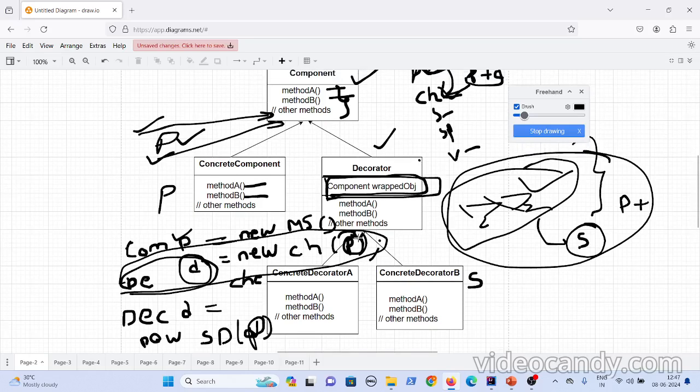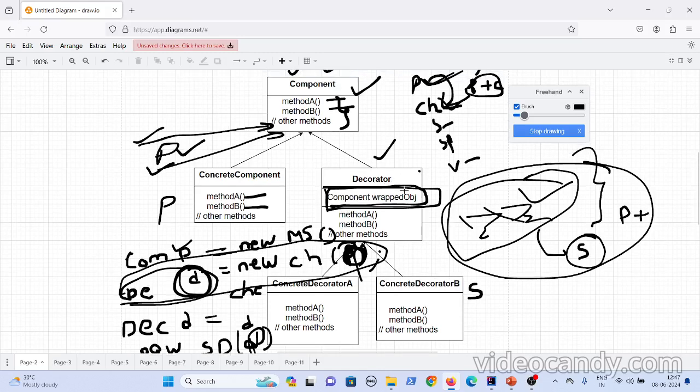So that's where what you have to do is, first you pass only pizza to the constructor, and when you are adding the sauce, you are passing the decorated item, already decorated, here you are passing the d. Now if you see here, when you are passing pizza here, because decorator items, as I said, is a component and it has a component. So when you are passing pizza here, it assumes pizza is anyways a component, so I can store my component as pizza, because you have written decorator also has a pizza.